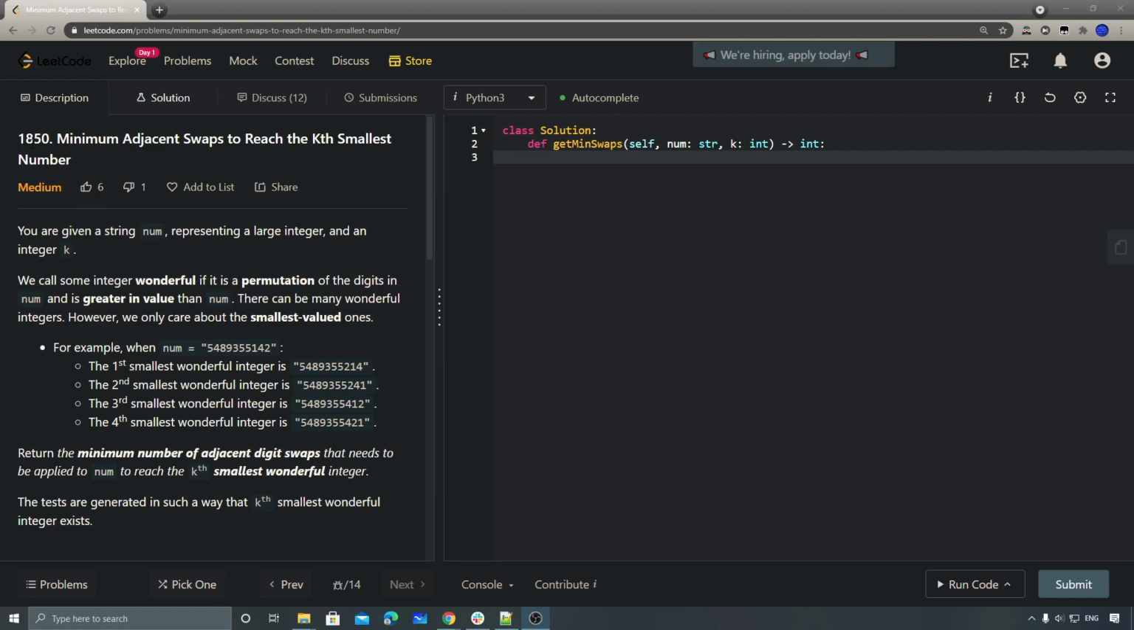This time, number 1850: Minimum Adjacent Swaps to Reach the Kth Smallest Number. So you're given a string num and an integer k. Your task is to find, so the first step, the k means that we need to find the kth greater permutation